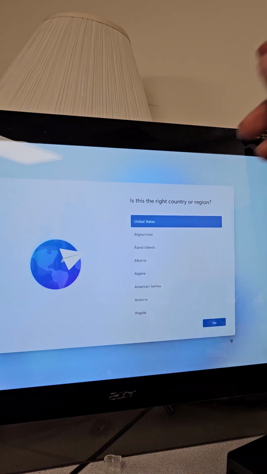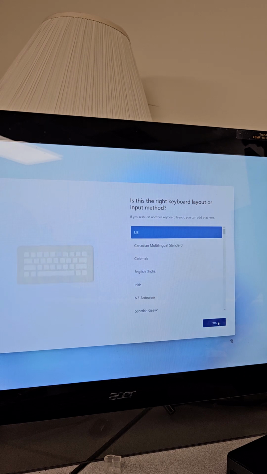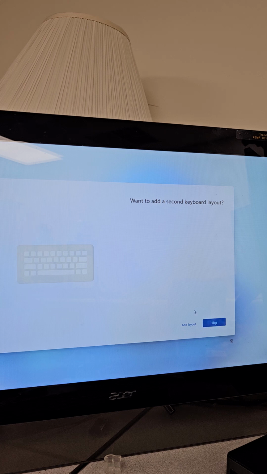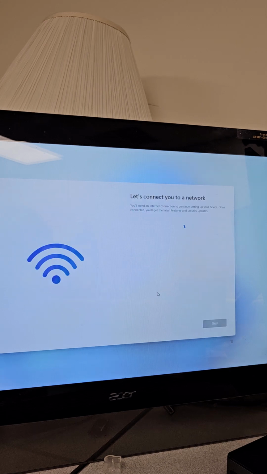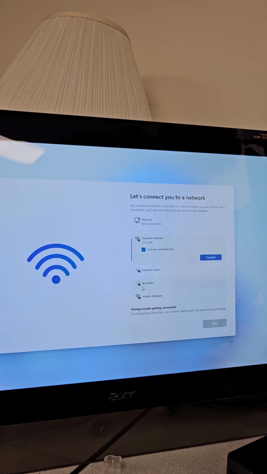Hi. Okay, so you go ahead and select your country. Sweet. US? Okay. At least this is familiar. If you're setting up a mini PC or new computer in general with Windows on it, this is going to look very familiar. I don't want a second keyboard layout. All right, do I want to connect to? I'm not connected to Ethernet or Wi-Fi at the moment. So I'm cool with,